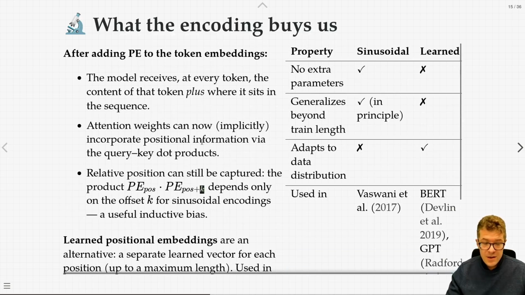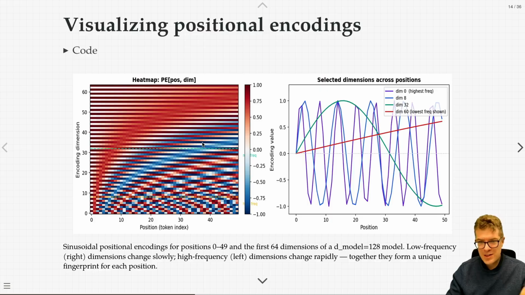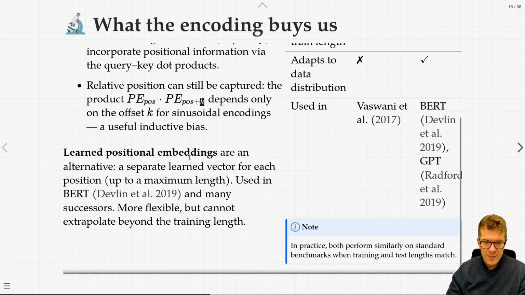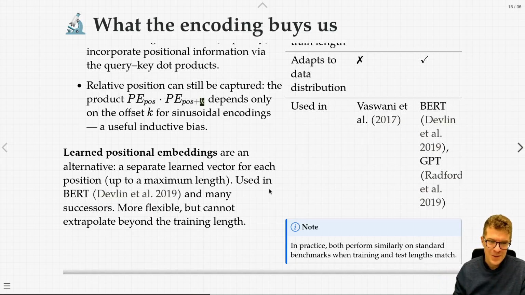There's an alternative. I like this because it's beautiful and very insightful. For the people who discovered this, it took a rare moment of insight that doesn't happen too often. But you can also learn these embeddings. The people who want to learn everything and not have any human involvement whatsoever say, well, you can have the token representation at every moment in time, you can have the position encoding for every moment in time, and you can learn that position encoding